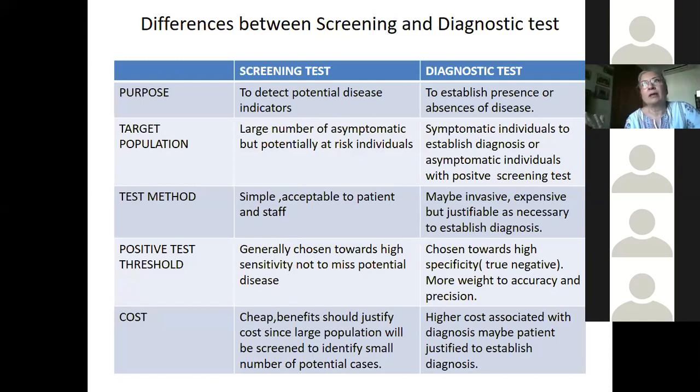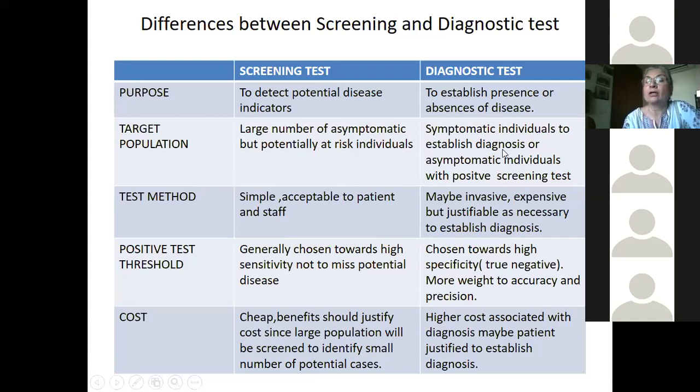So you screen them and pick out those screened COVID positives, and then you do a PCR test on them to finally confirm whether they are really affected by COVID-19. So large asymptomatic people who are at risk are screened, and those screening positive people are then put to